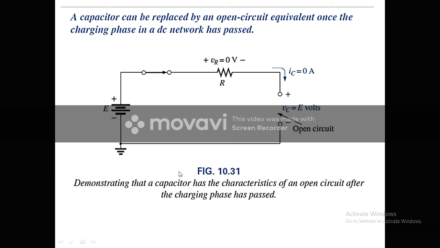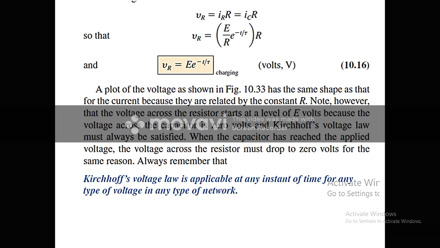So this is actually the demonstration of the capacitor after it has been fully charged, replaced by the open circuit. And as there is no current, no voltage will be dropped through the resistor, sorry. Now the case of the resistor, VR according to Ohm's law is IR, the current flowing through the resistor R, which is equal to IC, because these are in series, so IR is equal to IC, which is equal to I total as well.